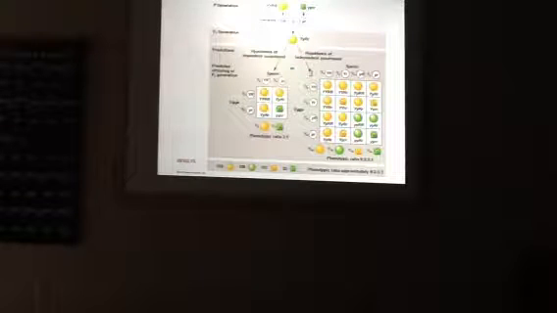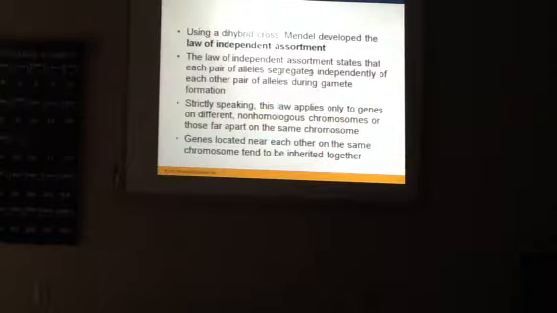Once again, there's his 3-to-1 ratio that he found at the beginning of his studies with the pea plants. So you can go on to look at even more. If you do more crosses, you're going to get a much larger number, right? You have a bigger population sample. So despite all of these large numbers, you still get this 9:3:1 ratio. So, using a dihybrid cross, Mendel developed the law of independent assortment, meaning that the pair of alleles